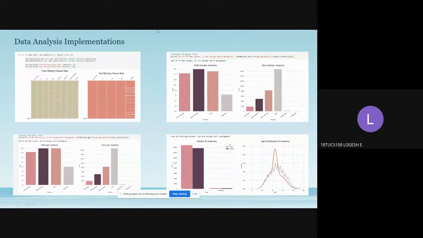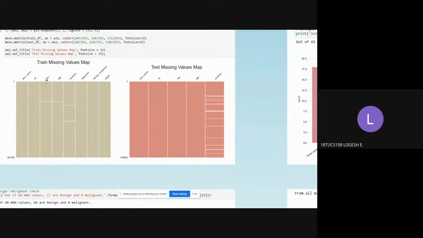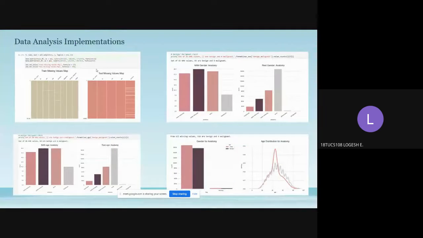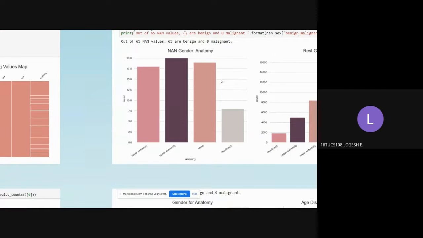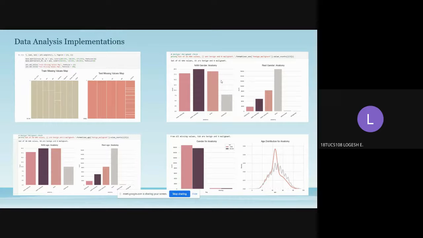First, we analyze the data, what factors are missing in our dataset. This image shows that, ma'am. And then next we are seeing which portion is mostly affected. That data was missing, we are checking it. And then which age group of people are mostly affected by this cancer, that data is missing too, we are checking that also. Okay, next. Just show me the output part, pa. System gets stuck.